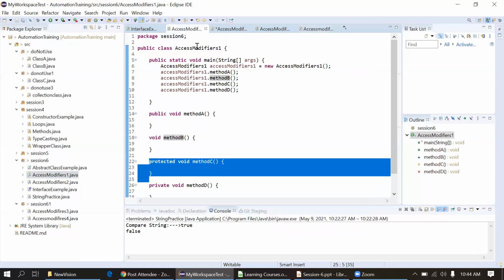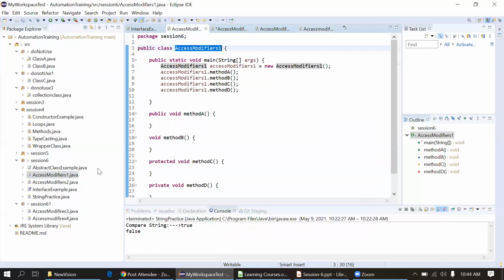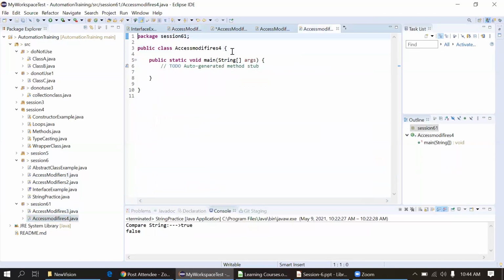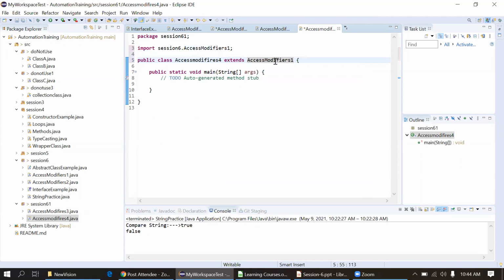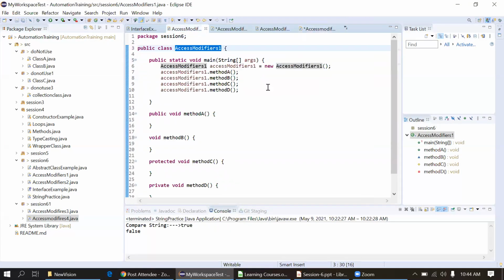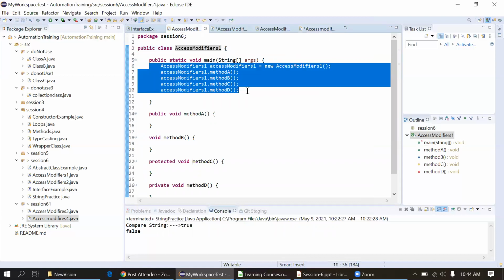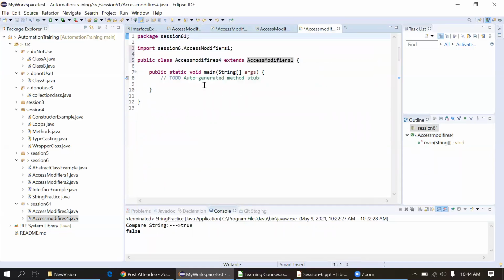So simply I will copy this class name. I will use the keyword extends, and use this class name where I have defined the actual methods. You can see I'm going inside this class, and I'm getting these methods here. So I will first explain the meaning of this line. This is my new class.